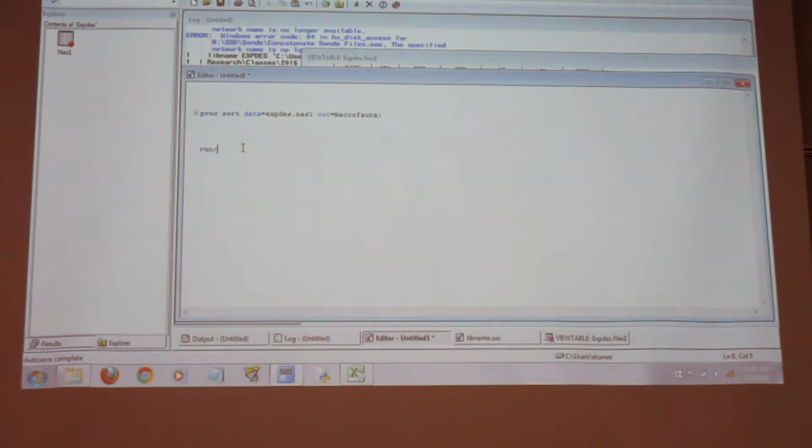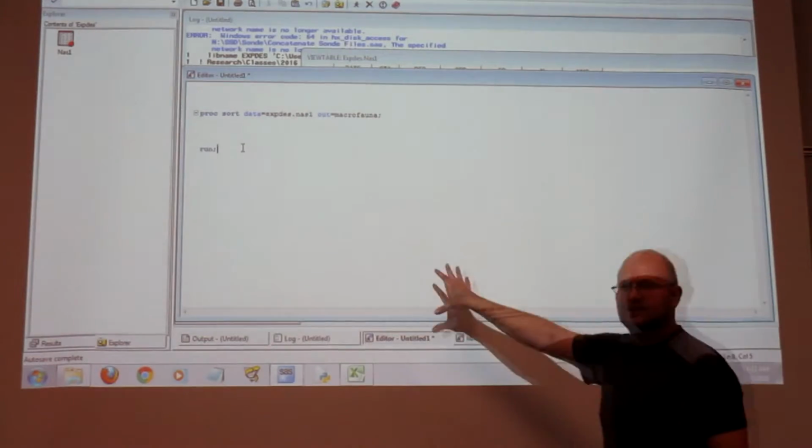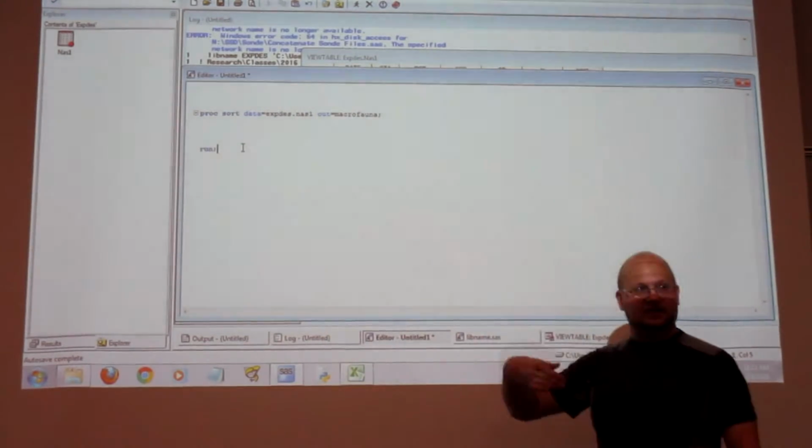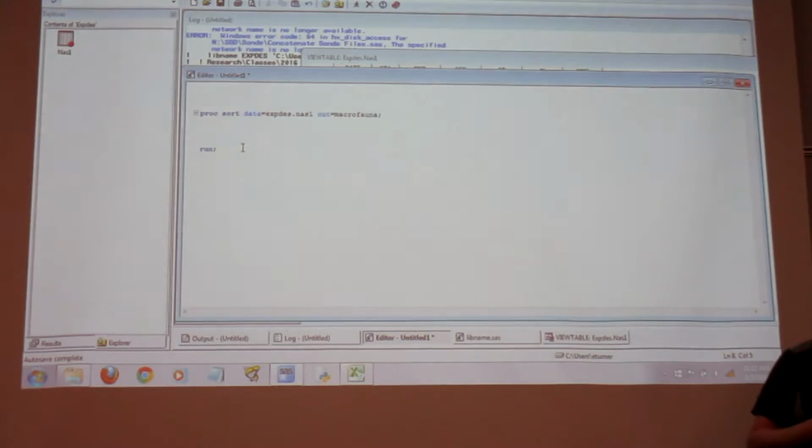Well, it's true. But that's actually a really good question because depending on what analysis you're going to do depends on how you're going to sort. Okay. Because if you do a means on a replicate, you have to sort it one way. If you're doing the means on species, you have to sort it another way. Okay. And so when we get to the means procedure, the next procedure, SAS expects it to be sorted in the precise order it wants, depending on how you do the means. Okay. So there's that. The second reason is, what if you type something wrong and mess it up?